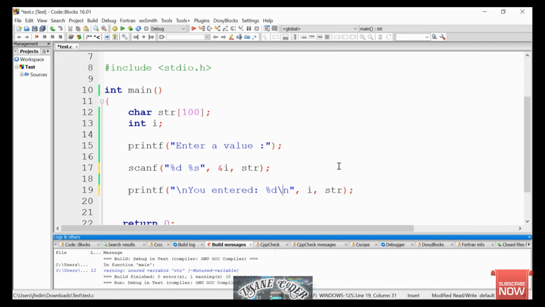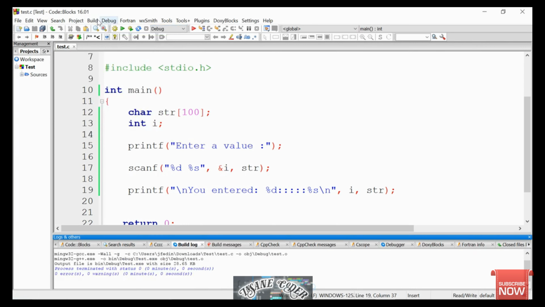And then I'm going to just print it out. And I added another variable, so you know that with printf, and I'll just put colons before it, you also have to specify the format that you're printing. So there, %s. So hopefully that's clear. I'm now going to read in two inputs separated by spaces, store them in two variables, I and stir, and then display them. So now if we build and we run,